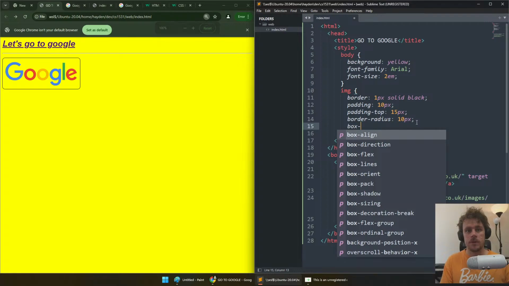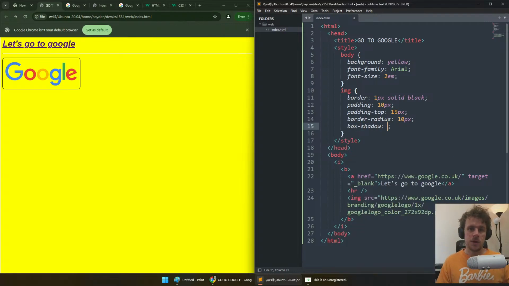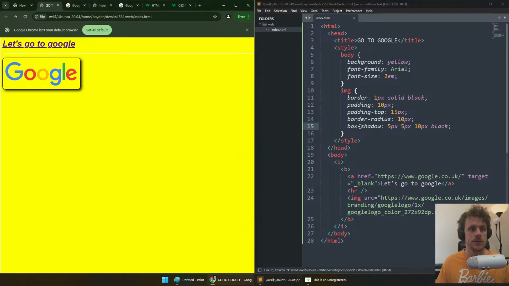We could add some more properties like box shadow. With box shadow, typically what you do is you tell it where you want the shadow to be as the first two, which is I want it to be 5 pixels to the right, 5 pixels down. Then you tell it how much you want the shadow to be spread over, maybe another 5 pixels, or maybe make that 10 pixels. And then I give it a color, which in this case, I'll give it black as well. So now I've got the shadow here and I think, oh, that black's pretty harsh. Maybe I'll make it red. That would be awful, but